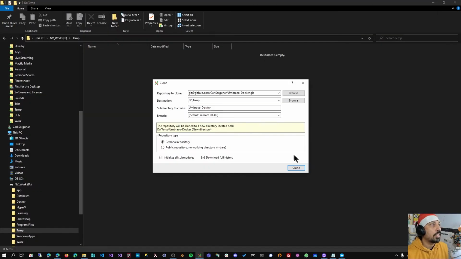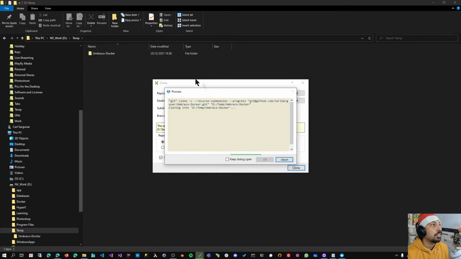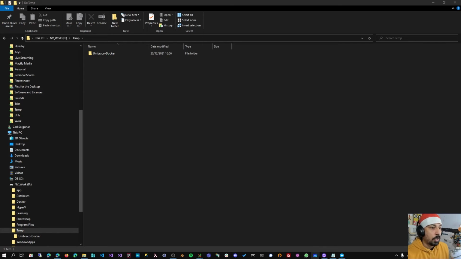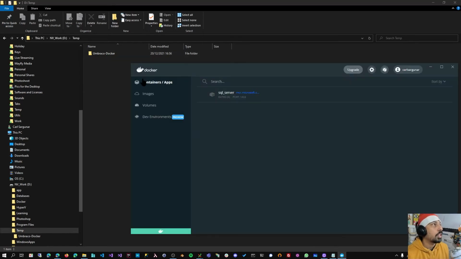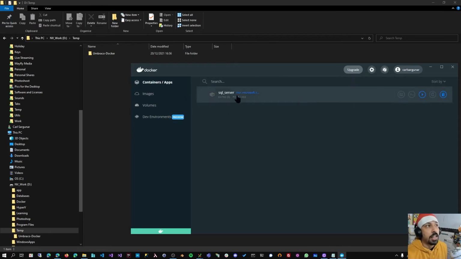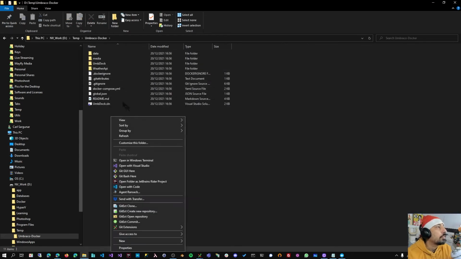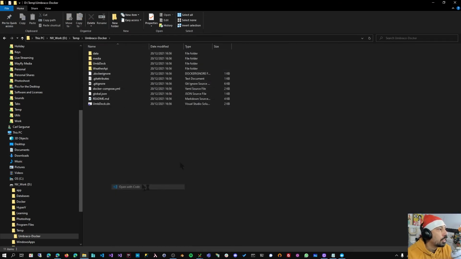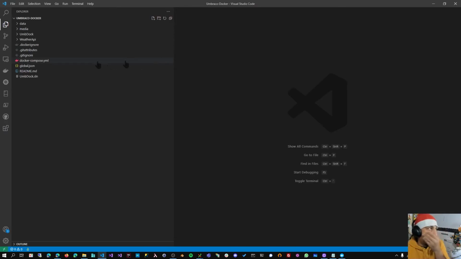So I'm just going to clone that repo here in a fresh folder. Whilst that's running, I'm also going to fire up Docker Desktop. So you can see that I don't have any containers related to this project. The container that's there is just my internal dev SQL Server. So I'm going to open up this project in code. And you'll see